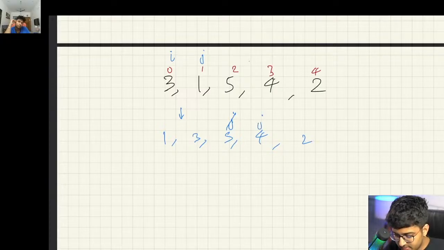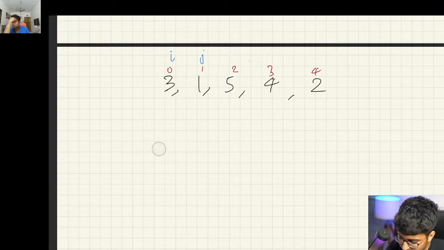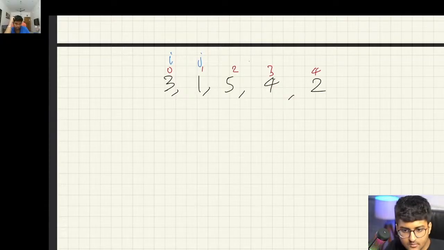When the value of j increases over here, let me just write it in a correct way. So you have i starting from 0 and j starting from 1. So you're just basically going to say, is